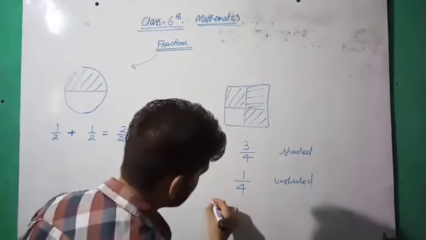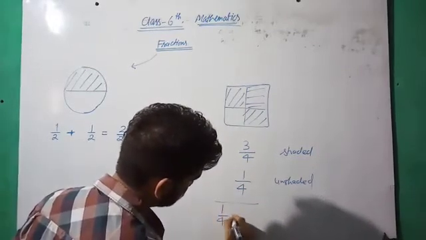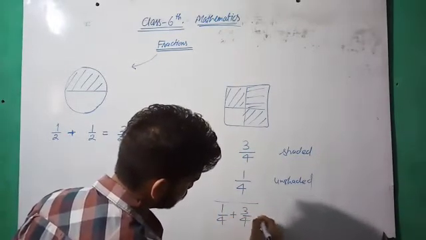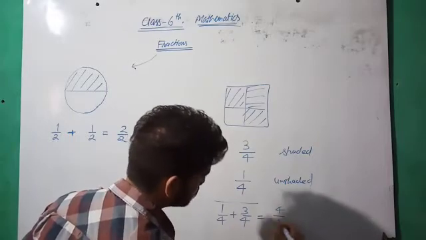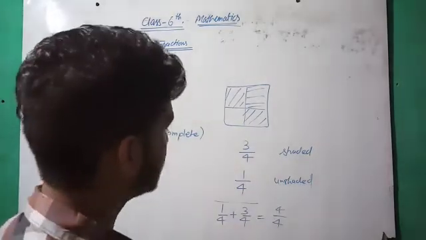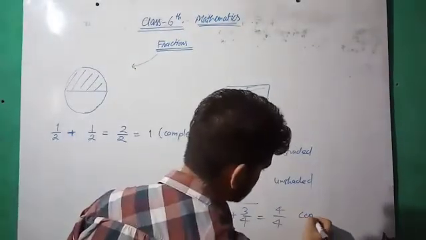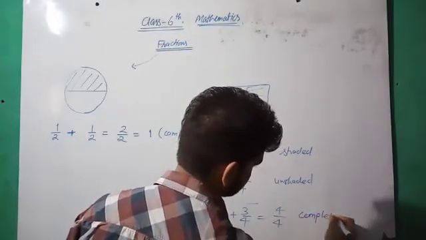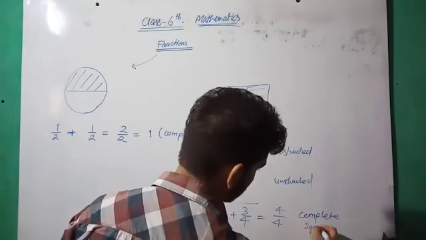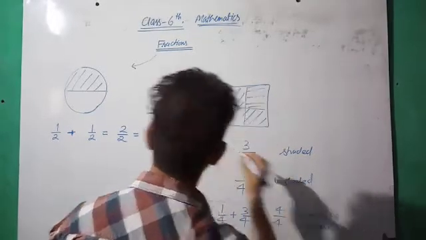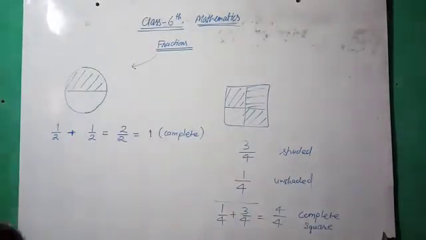If we add both of them, 1 by 4 plus 3 by 4 is equal to 4 by 4, which shows the completeness of the square, meaning the figure is complete now. So this is the complete figure, whether a complete square or a complete circle, or anything given in the example